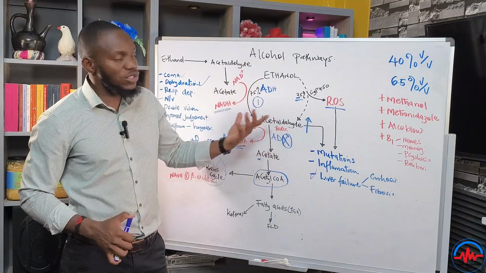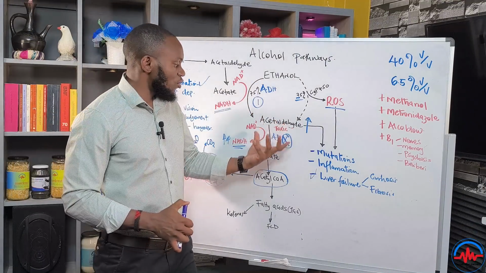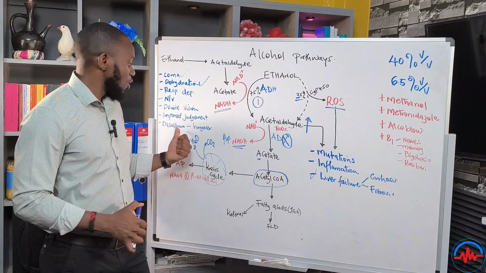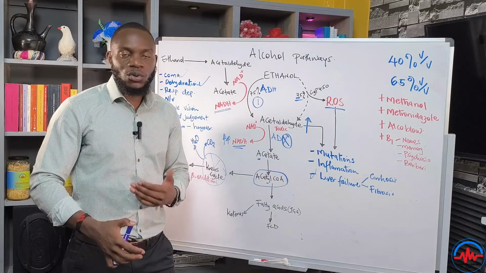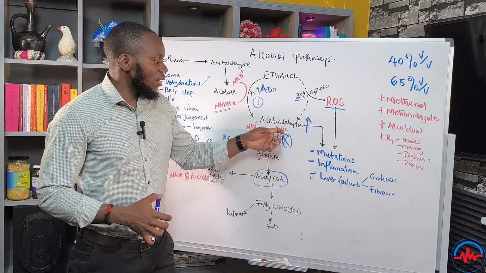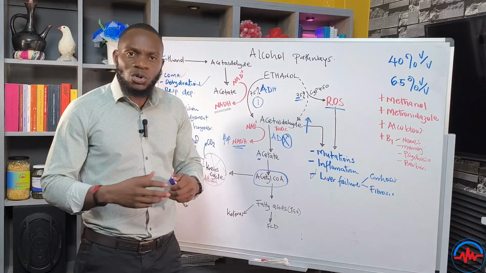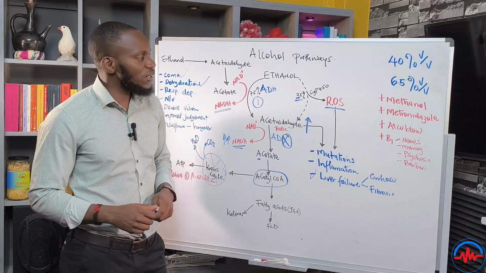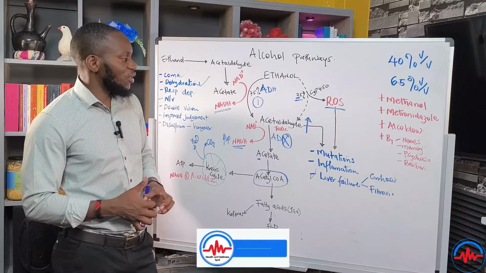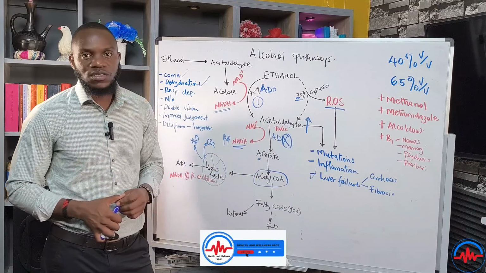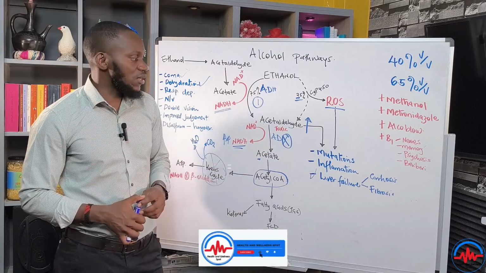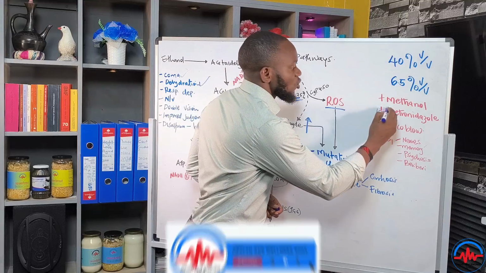So again, this mode of action was tapped in for disulfiram to help people overcome alcoholism, so that when you give somebody alcohol and then you give them disulfiram or metronidazole, that prolonged hangover will make them quit the alcohol. But that was not the right way of doing it, because this can bring you more problems in the system, because it's highly toxic to the cells. Okay, so that should be understood.